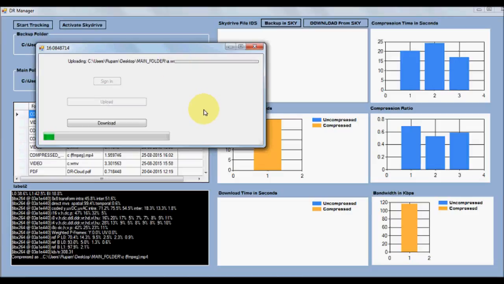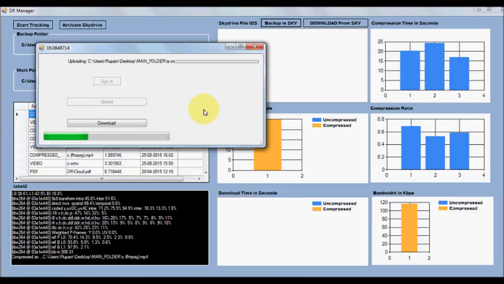For a.wmv, for performance analysis, we send both the compressed video as well as the uncompressed video to our SkyDrive. We push both in order to analyze the performance. The basic objective here is to show that if you run compression as a background service, it can optimize your SkyDrive bandwidth as well as the storage. So you can create a backup manager which can use a background compression process in order to provide a more